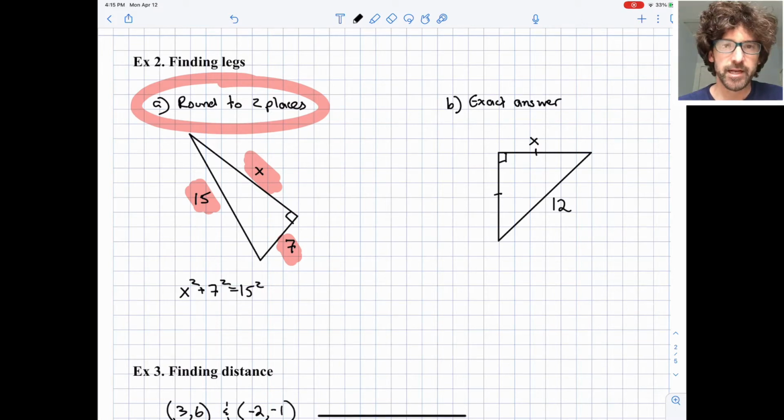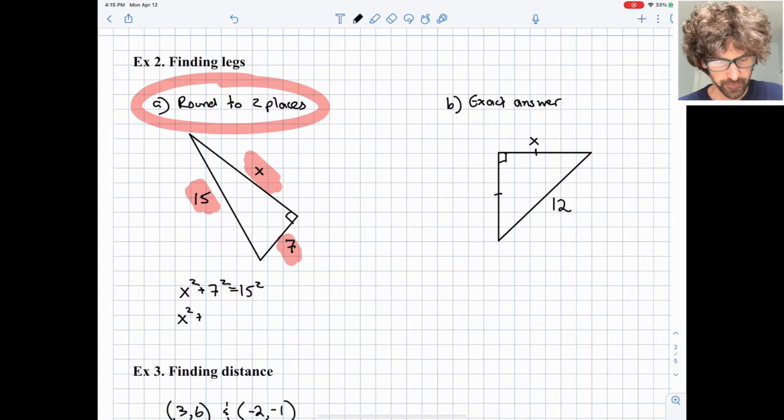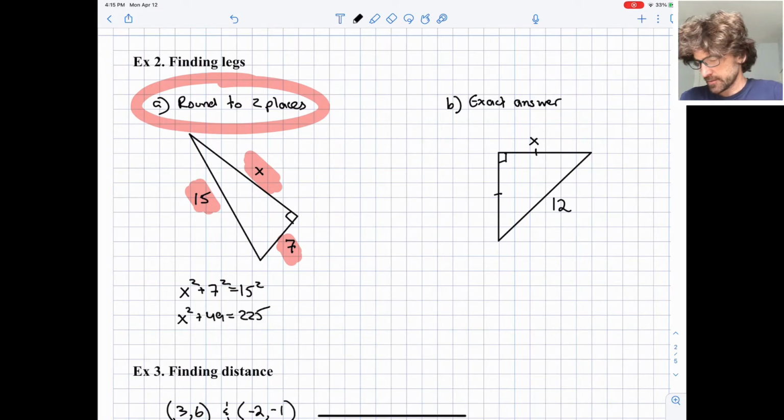Okay, a very common mistake here would be to say that 15 squared plus 7 squared is x squared, but that would solve for x if x were the hypotenuse, but here 15 is the hypotenuse. So let's go ahead and solve. X squared plus 49 equals 225. We'll subtract 49 from both sides, and we have x squared equals 176. And if we square root both sides,